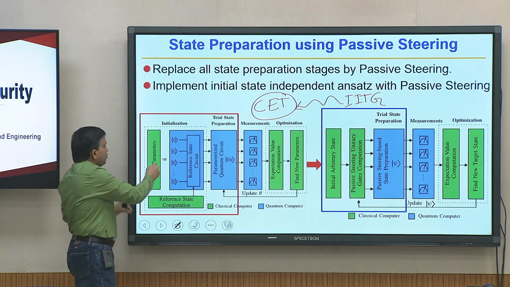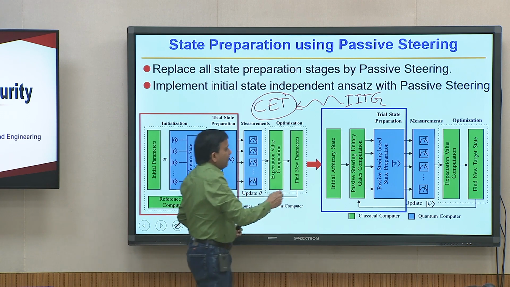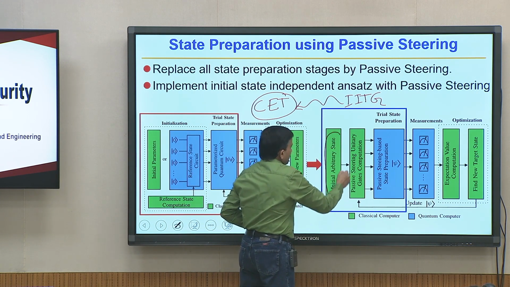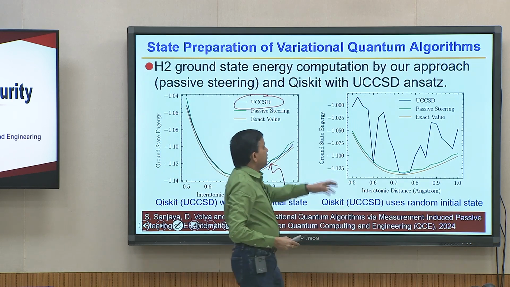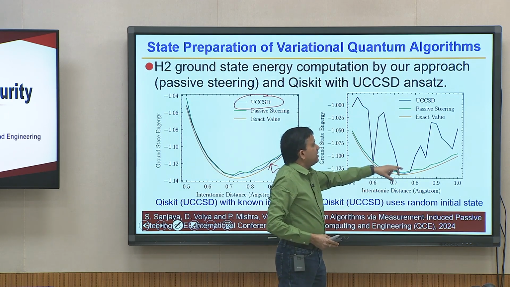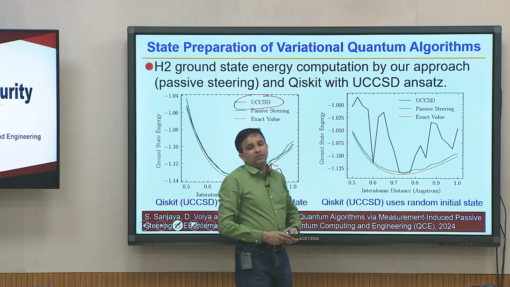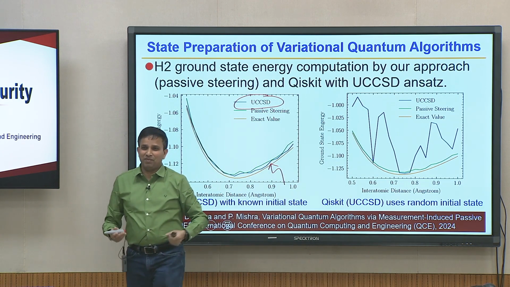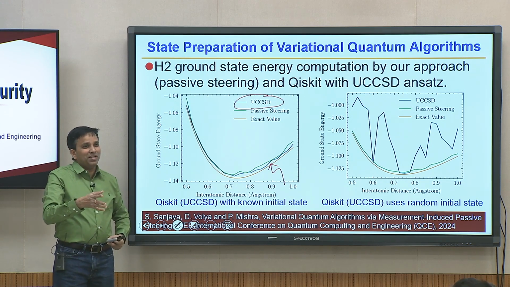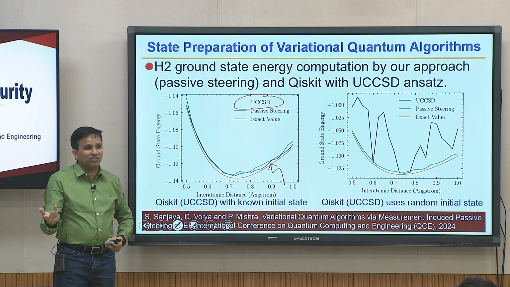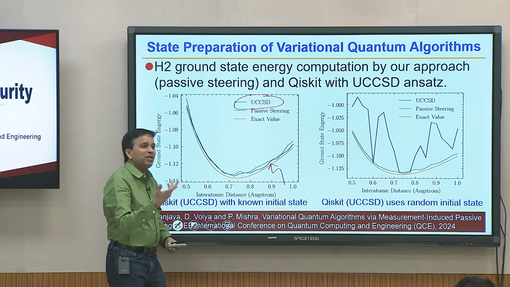So, once we removed this and said no, that is unfair, our system is starting with an arbitrary, random state, so you should also start with a random state. If we make Qiskit start on a random state, it does not give good results. So, then we became happy. I know this is not interesting: you are solving a problem and your solution is not right. So, then we had to find out how to make the solution right.